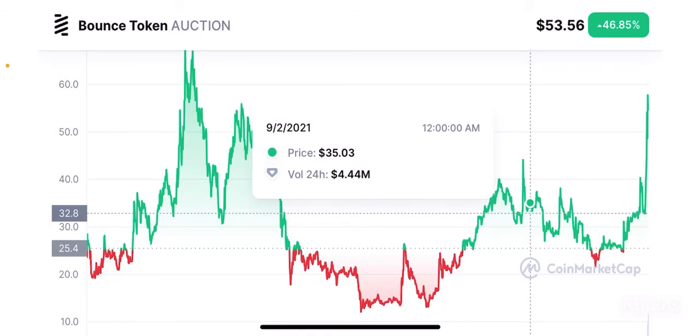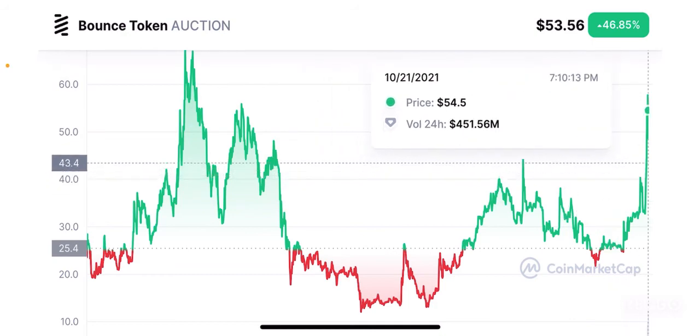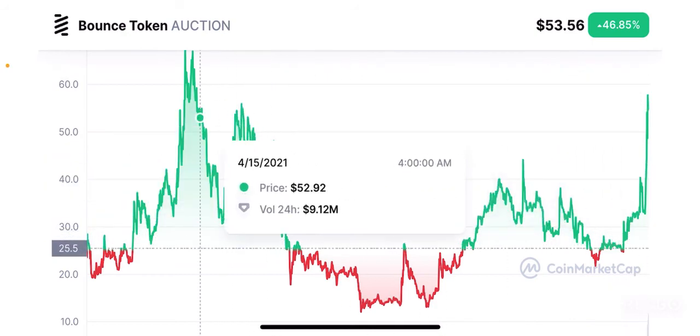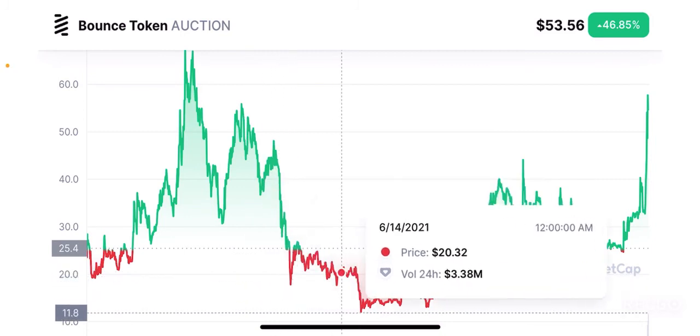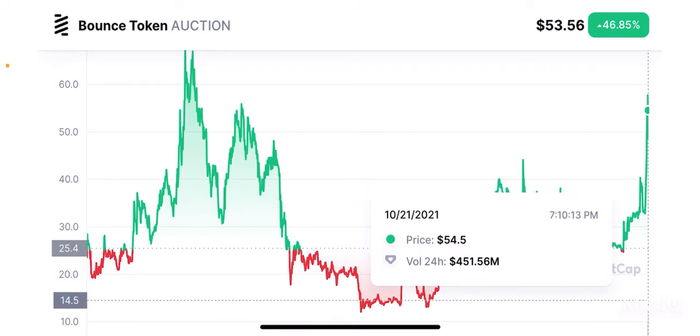That will be a good opportunity to dollar cost average in, which I think this token can easily reach, because if you see, most of the times this token has had very steep peaks and very steep falls, which means now that this token is having a steep peak, it's going to have a steep fall, thereby bringing this price somewhere between $40 and $38 per token, right?